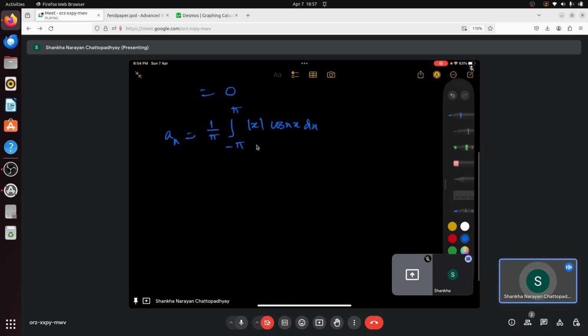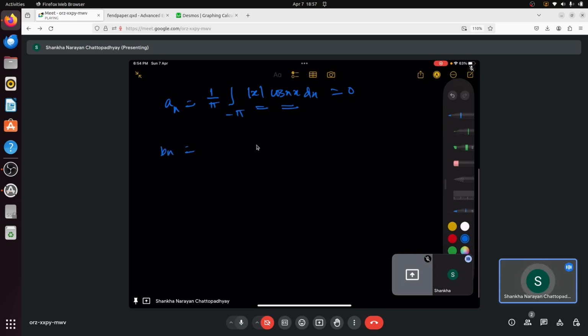Now once again, mod x and cos nx are both even functions, so their product is also even, so this integral also vanishes. Now bn is 1 by pi, the integral from minus pi to pi of modulus of x,